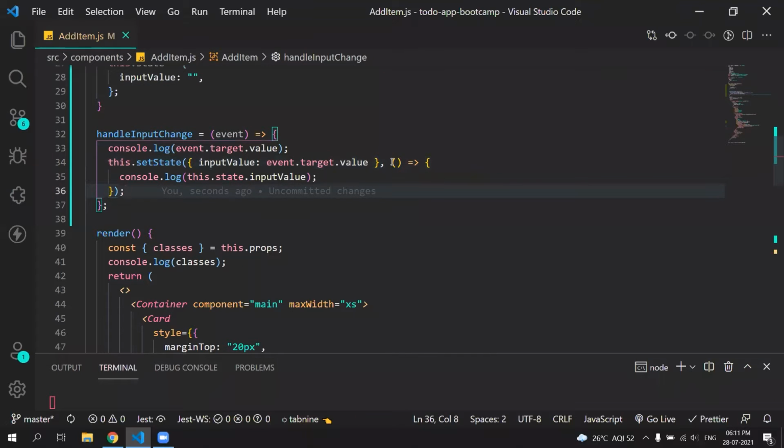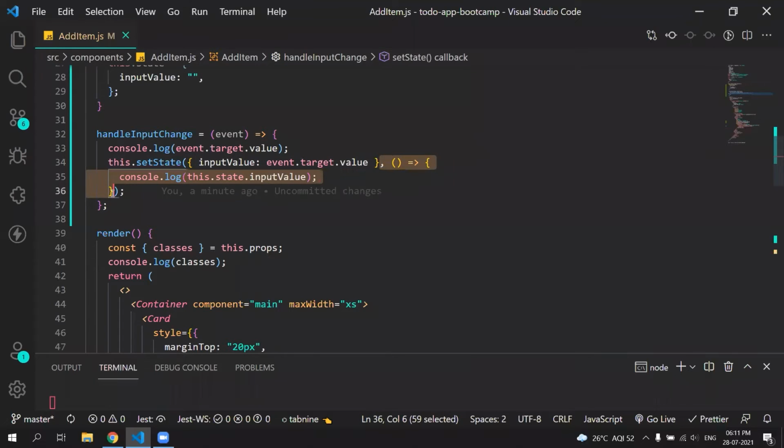So by giving the second parameter the callback, it will only be called once the state is updated fully. So once this state is updated, then only will it call, and then only will we get the console.log. It must happen sometimes that if you write setState and just after that you write console log, you will get undefined, because setState is working behind the scenes and it hasn't updated the value yet. So I have written the second parameter for this.